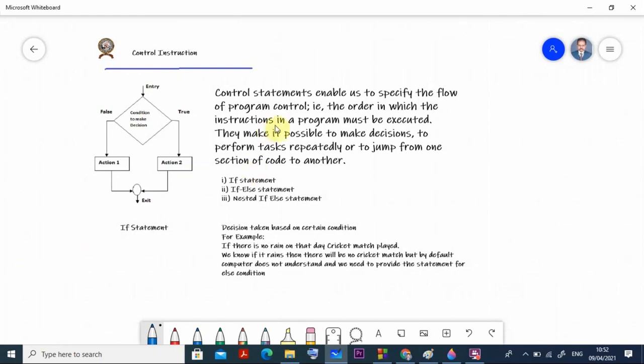Okay, so they make it possible to make decisions, to perform tasks repeatedly, or to jump from one section to another section. Okay, we have three types of statements. One is the if statement, the second one is the if else statement, and the third one is the nested if else statement. Okay, so then